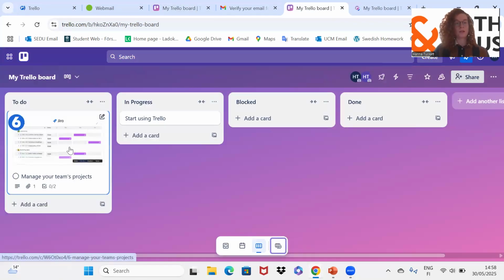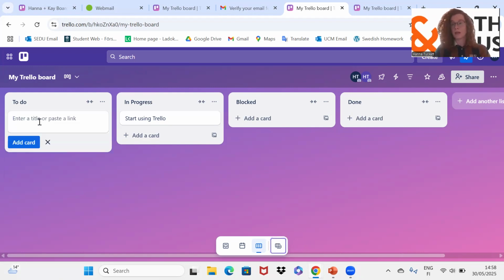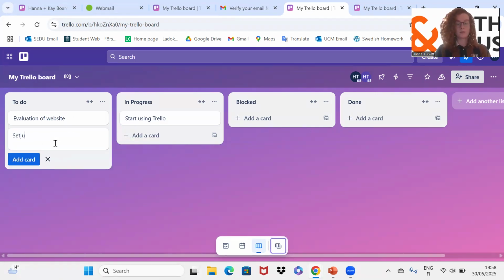So now that you have shared access to the Trello board, which is the most important thing, we need to start using it. Now, this is what I was referring to when I was taking you through the Scrum process. We have to make a sprint backlog. What has to be done during this specific sprint? So different kinds of tasks that I can give you, for example, would be evaluation of website. I will just brainstorm some tasks here just to give an idea of how it works. Set up weekly meeting